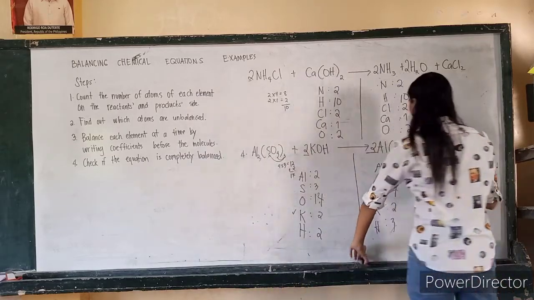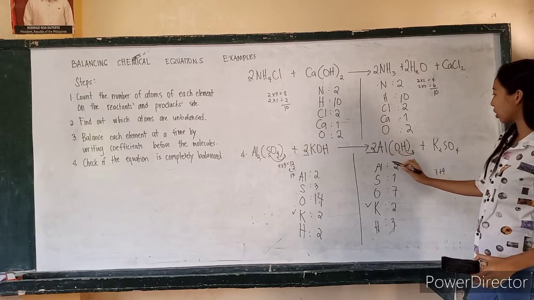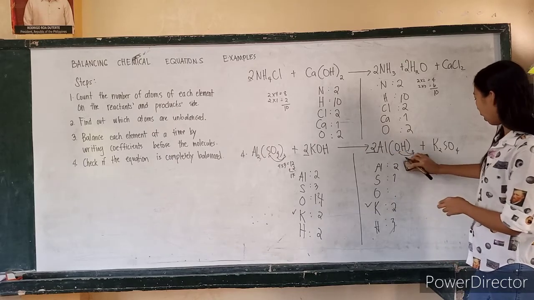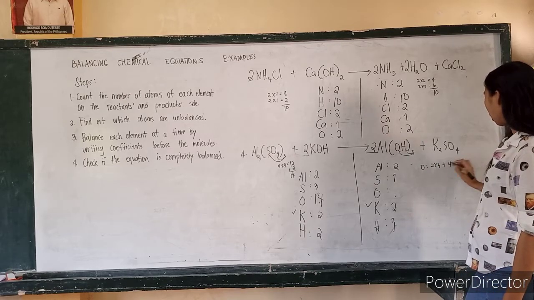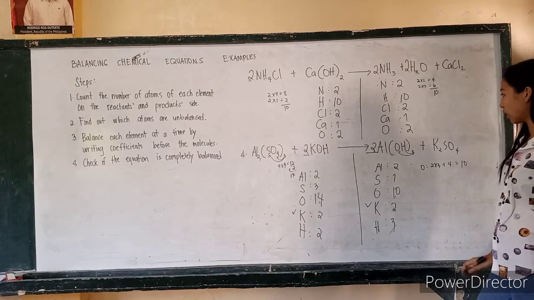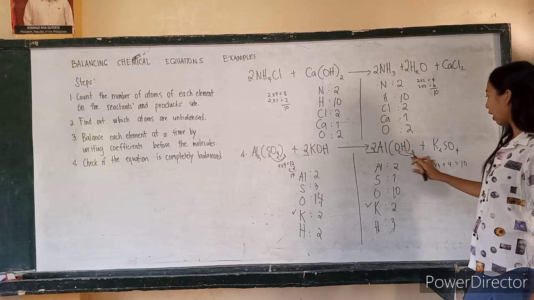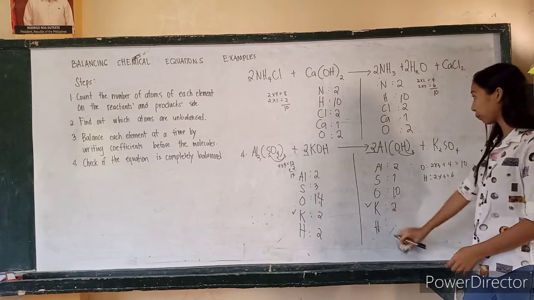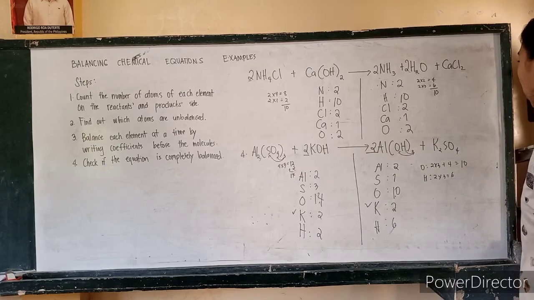Then we have increased the oxygen. So this oxygen now becomes 6. For O, this is 2 times 3 plus 4. 2 times 3 is 6 plus 4 is 10. So your oxygen becomes 10, and the number is smaller. Then 2 times 3 for H, your H becomes 6. Okay. Sige. Now,